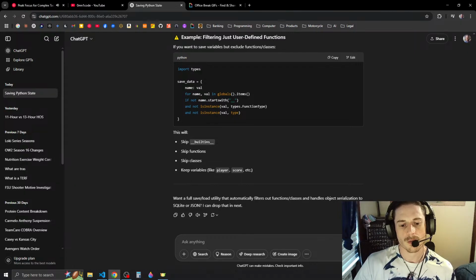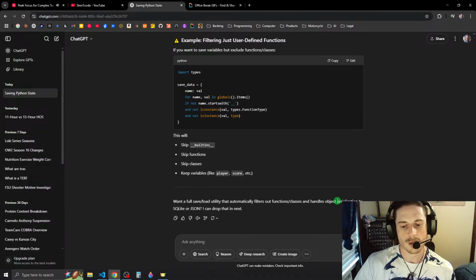Want a full save/load utility that automatically filters that out and handles circular objects? I can drop that in next.